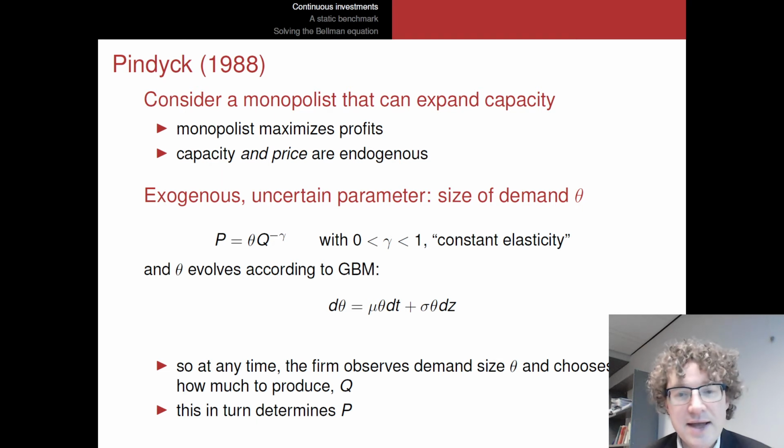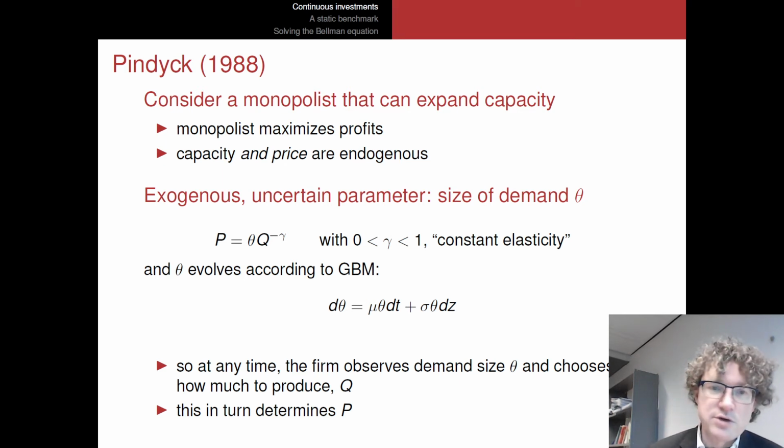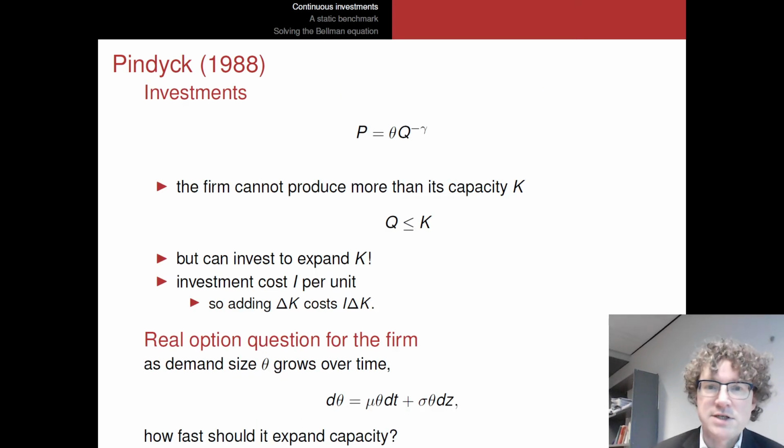So the total amount of quantity is going to then determine what the price is going to be in this market. So you can think again, theta is the market size, demand size, and that might be driven, say, by total economic growth, but that's not under the direct influence of this monopolist, or perhaps by demographic changes in this market. So this firm is going to choose its quantity at each point in time, each day, or each year, in order to maximize its profits.